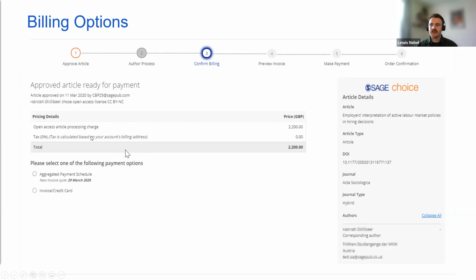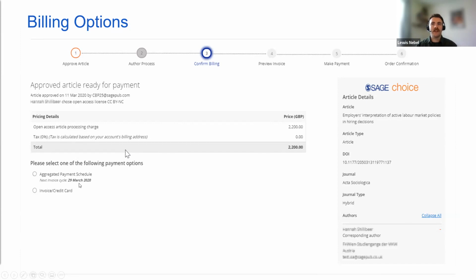At this stage, the nominated bill payer has different payment options. So again, they can either pay via invoice or credit card, or if they're an institution which is getting a lot of requests from authors, has a lot of articles going through the Sage Open Access portal, they can pay via an aggregated payment schedule.